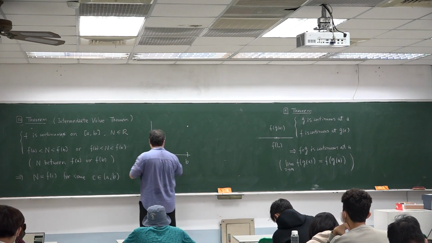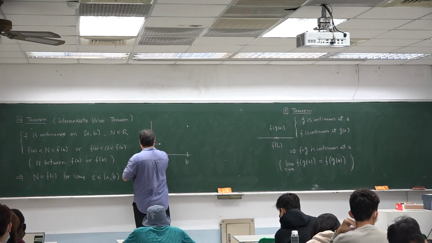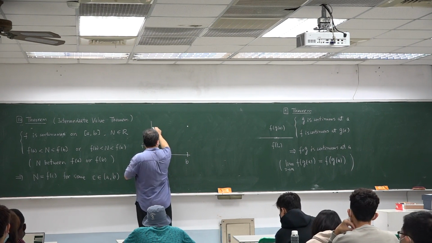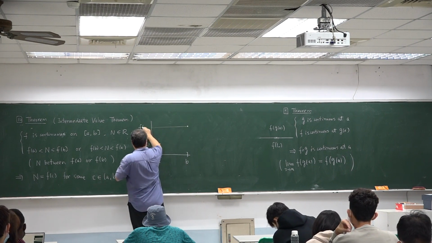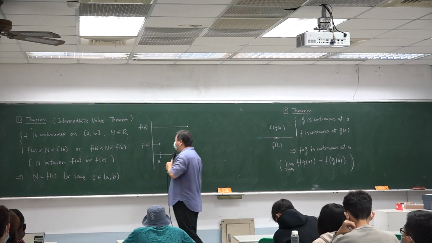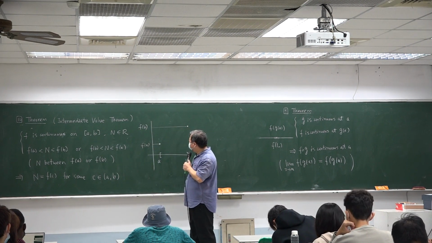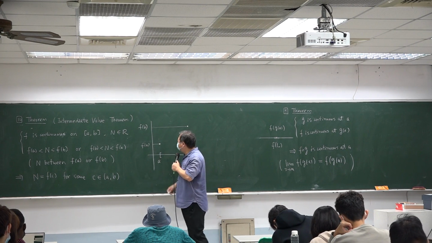So this is f of A, and this is f of B. If N is between f of A and f of B, maybe here,